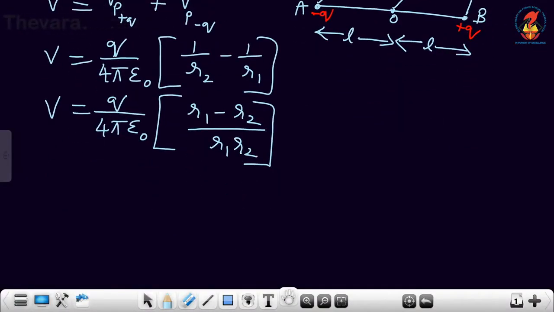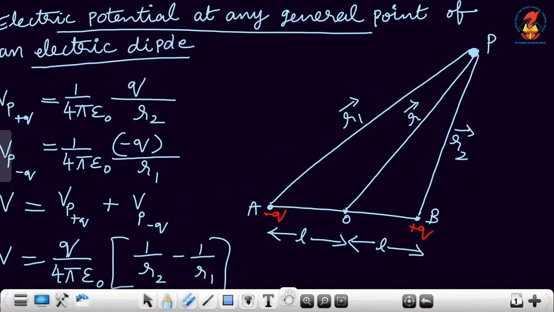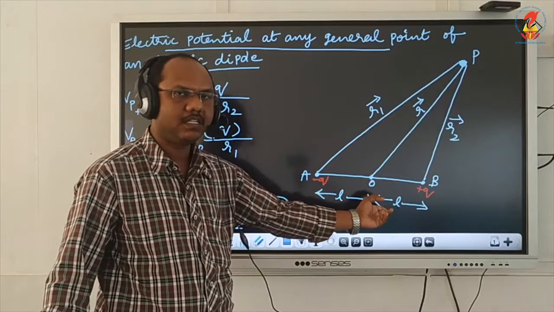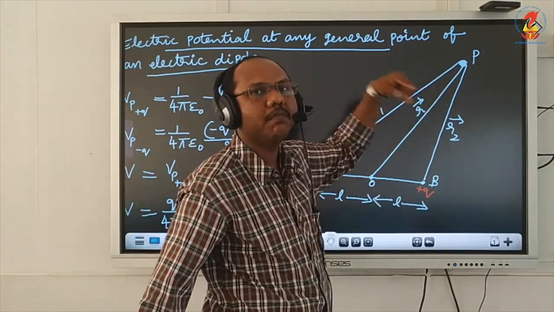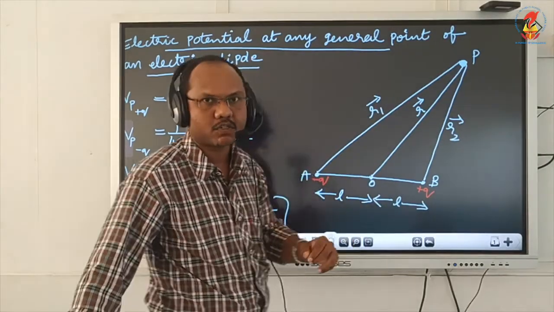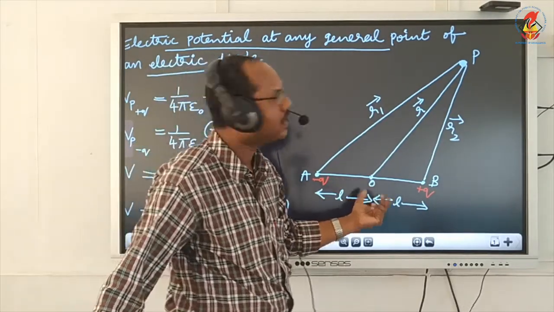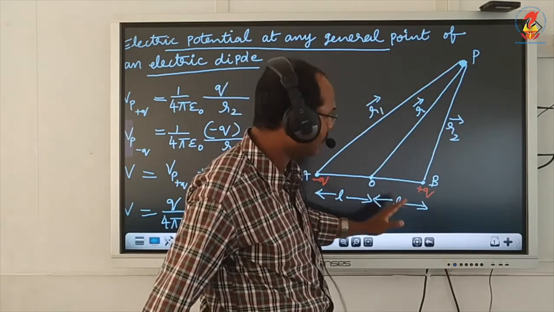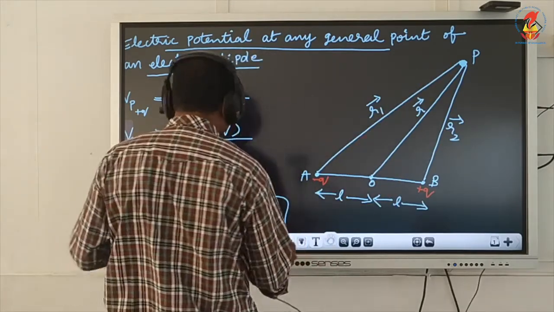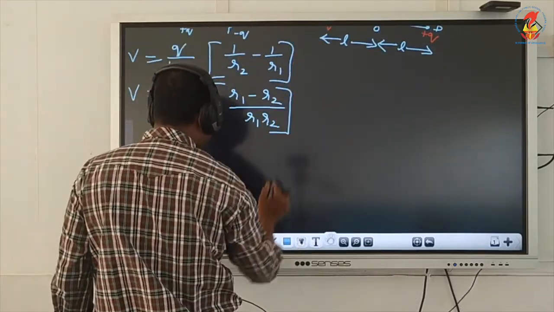Now we will take a small approximation to come to the answer. In the figure you can see this dipole. The dipole length is L plus L, 2L. So if the dipole is very small and the point P is very far, we will take some approximation. If the dipole is very small, that means L is very much smaller than the distance towards the point P. That means L is very small compared to R. Then what will happen? We will consider a few approximations here.